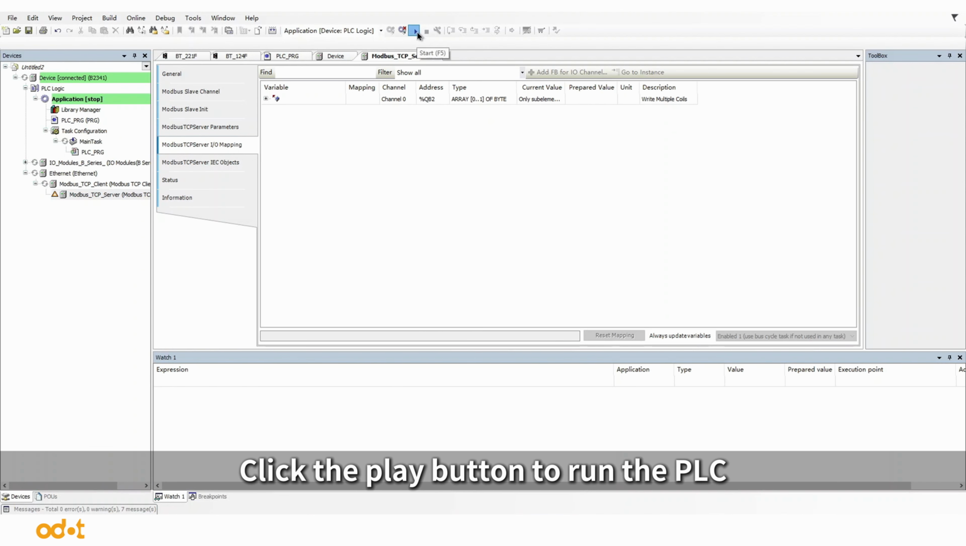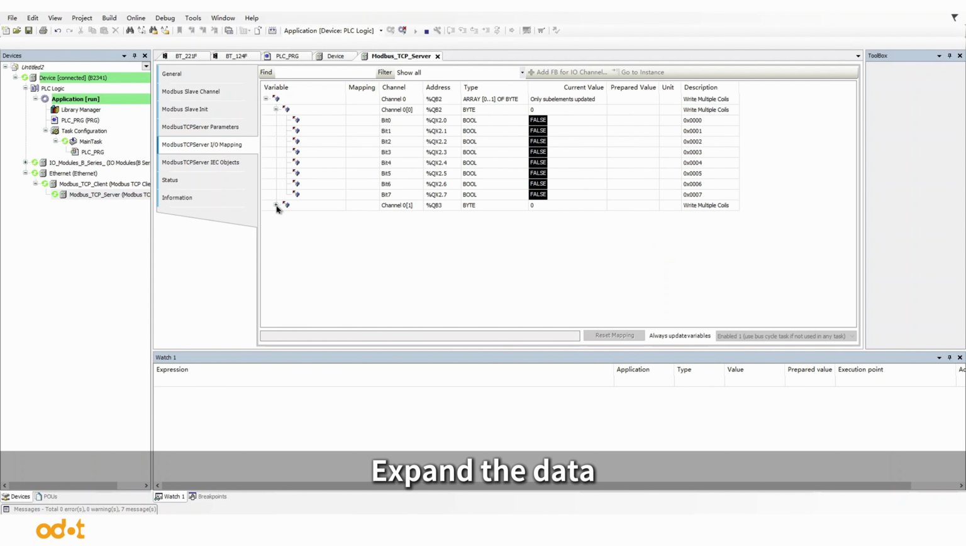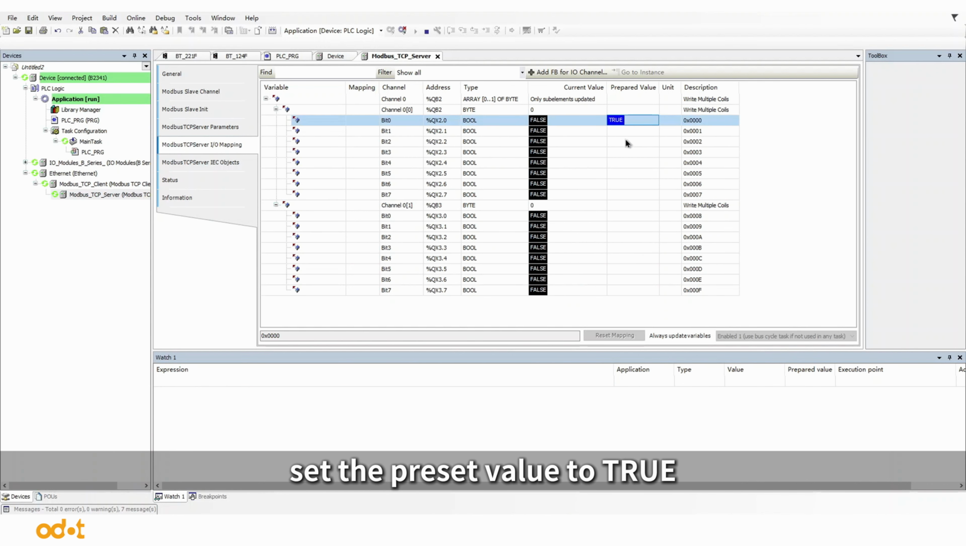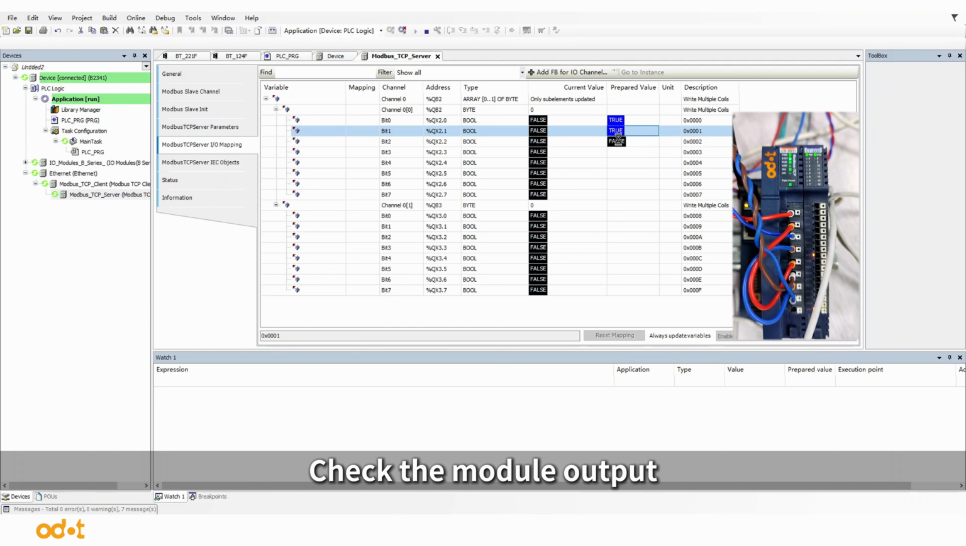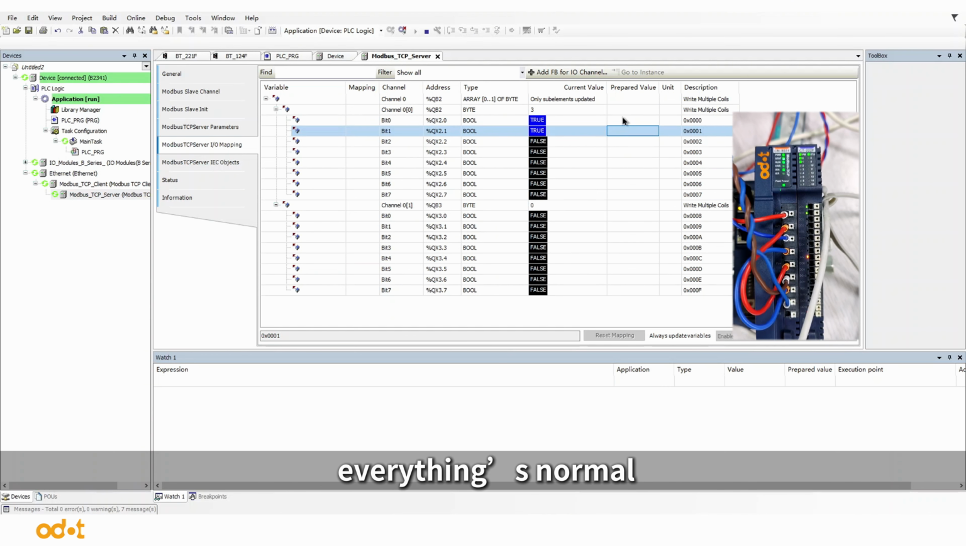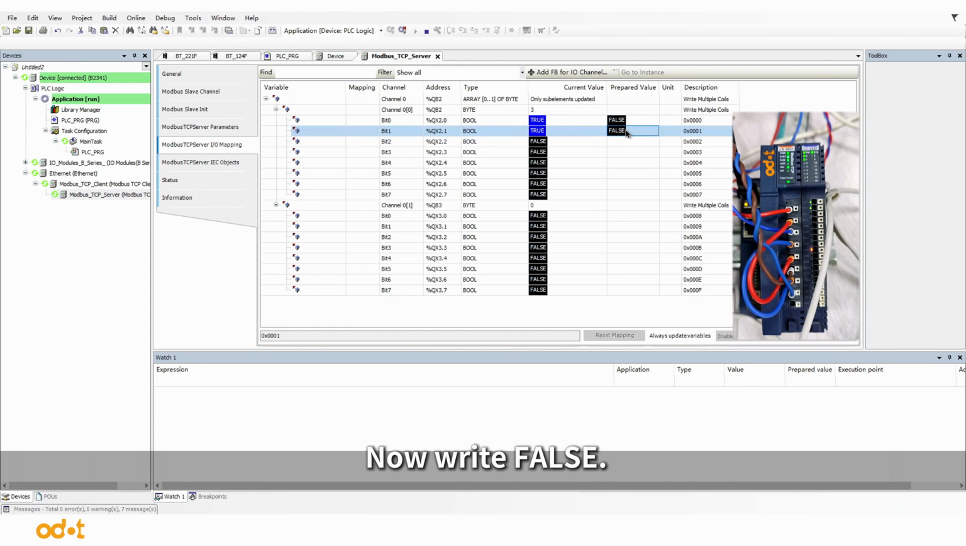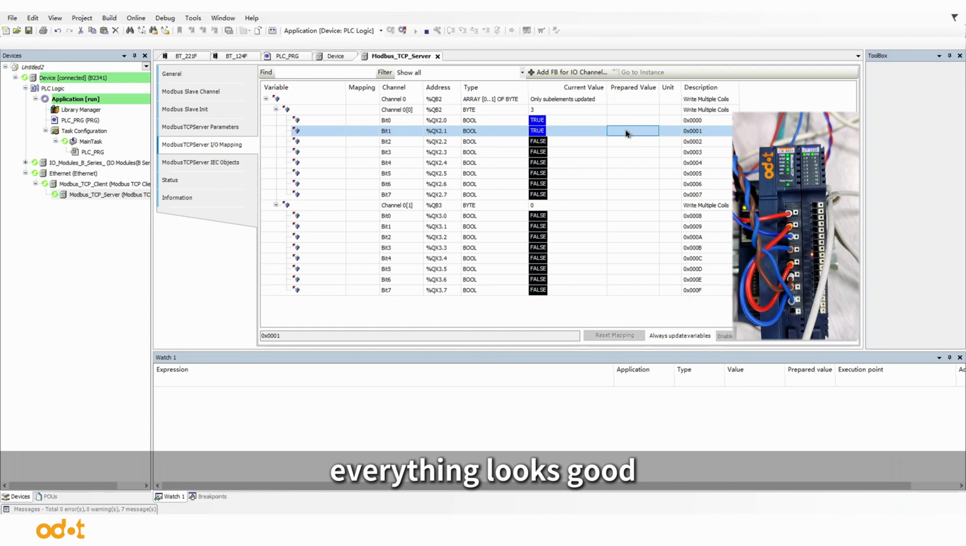Click the play button to run the PLC, then double-click I/O mapping. Expand the data, set the preset value to true, then press Ctrl plus F7 to write it. Check the module output. Everything's normal. Now write false. Check the status again. Everything looks good. That's the basic